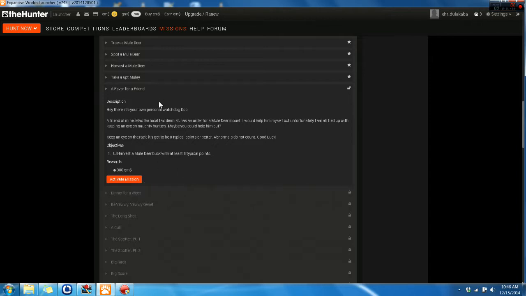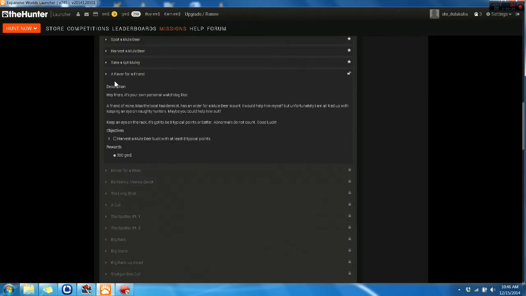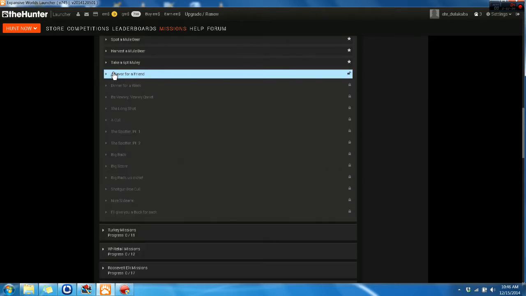All right, so if we do this, look at that, 300 GM. That's nice. So we press the orange activate mission button, and we're ready to go with that one. So we also,